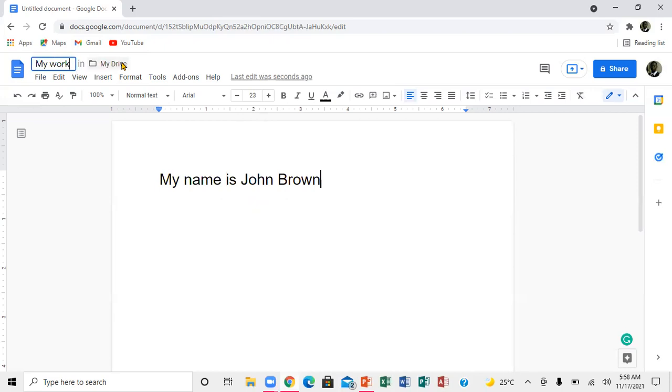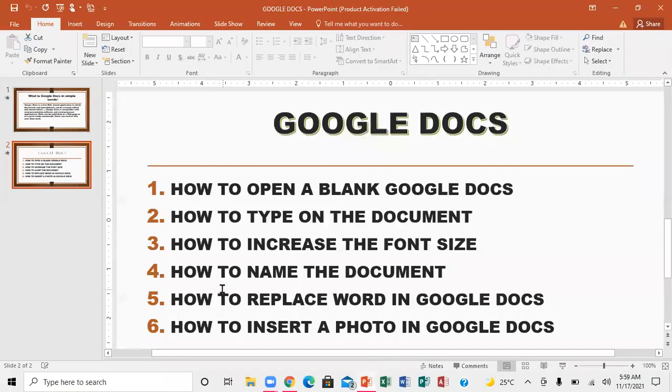As soon as I finish that, I press enter. And there you go. You notice, if you go right up here, it shows my work. And this is how you actually name the document. Right? So very important. Then the next thing that we want to look at, how to replace a word in